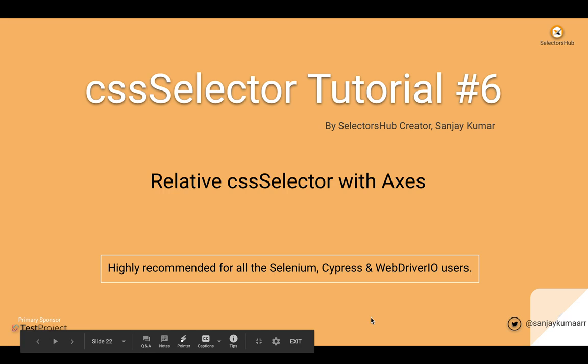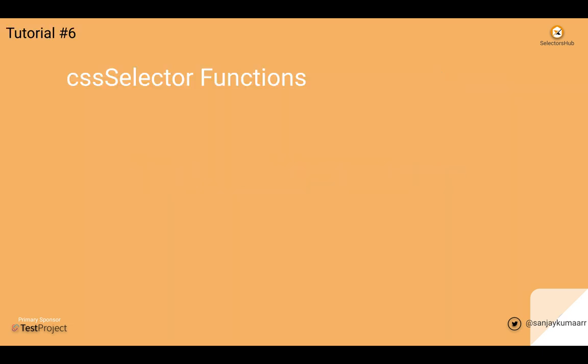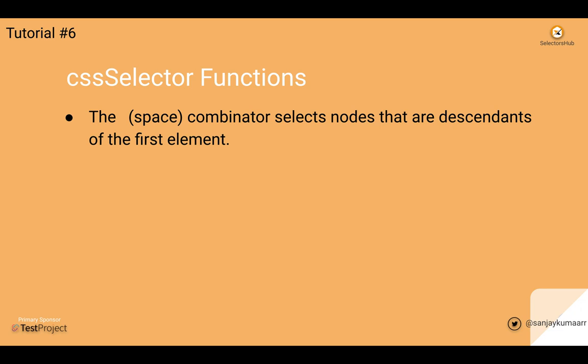Hello friend, in this lecture we will learn about some really good functions in cssSelector and we'll try to write relative cssSelector with axes and we'll learn about them. So there are a lot of axes functions like we have learned in XPath. These are really good. The very first one, the space combinator, which we have already seen in the previous lecture,